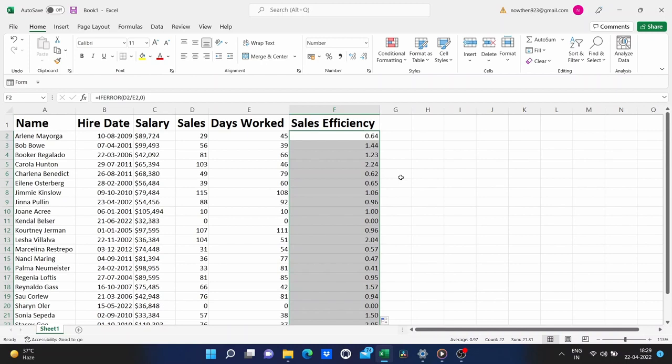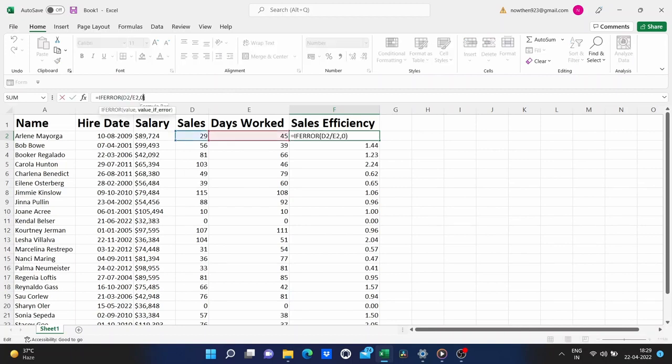Now, instead of having a number like 0 put into the cell, it is possible to put text. So, I am going to go up to the formula bar, erase the 0, and put in a quote. Because this is text, it needs to be in quotes, and I could type in a message like, "hasn't started yet," making sure I end with a close quote. Tap enter on the keyboard.